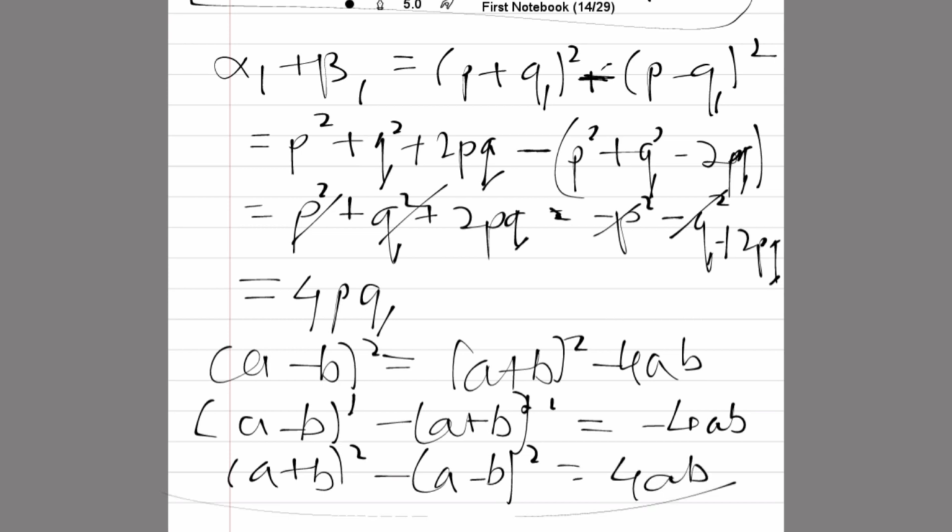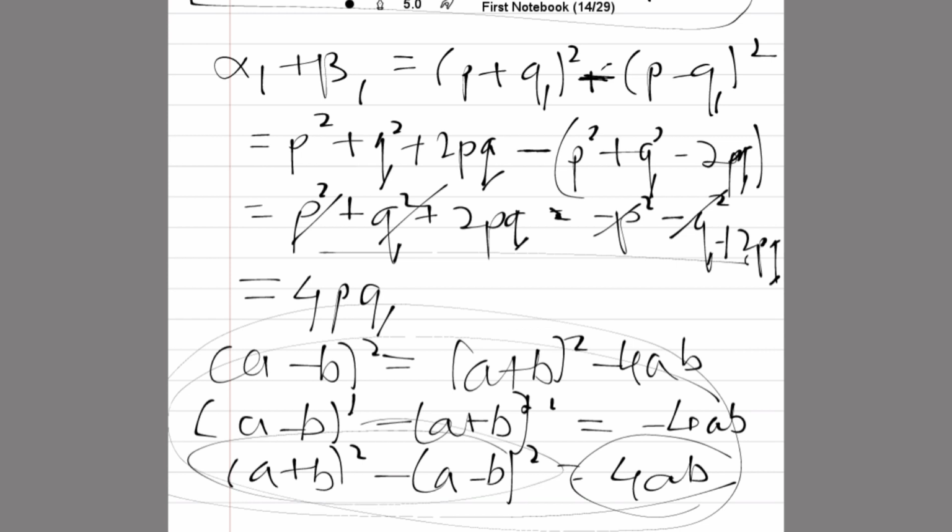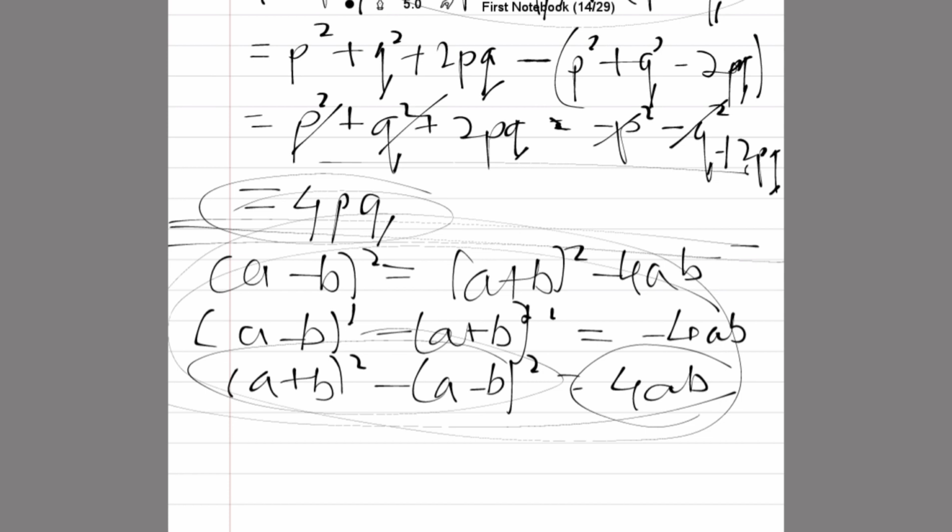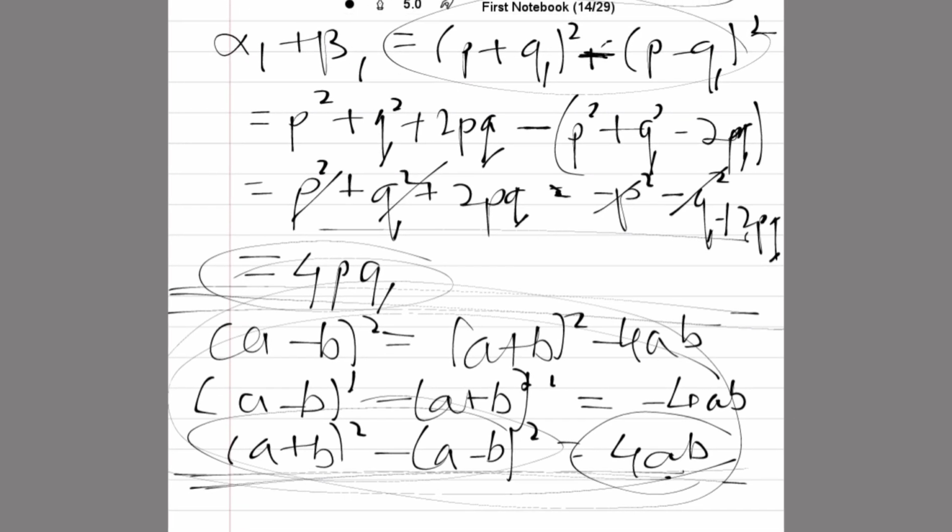We could have directly got this value from here, instead of expanding this, getting the values and then cancelling again. We could have just directly said that this value is equal to 4ab, and we could have got this value, right? So I have just made it simple here. If you want, you can say that also. And if you didn't get this, you don't go in using that. You can just simply expand the brackets and then get the value of alpha 1 plus beta 1.